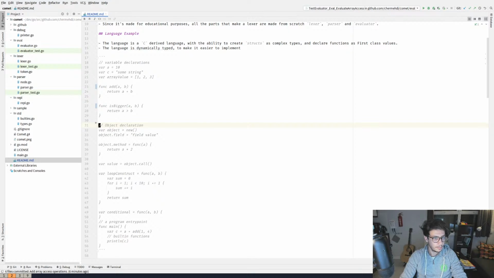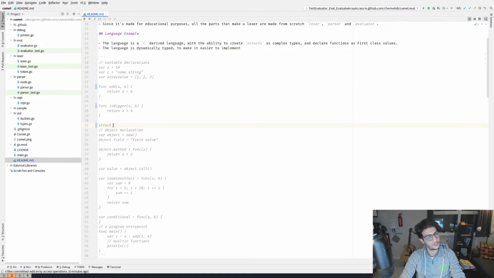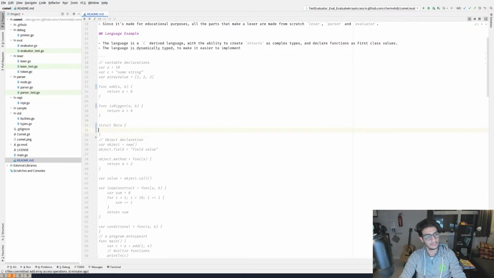Declarations should be like this, an object would be something like a struct data, and the schema would have some form of init method, like init a, b and c.